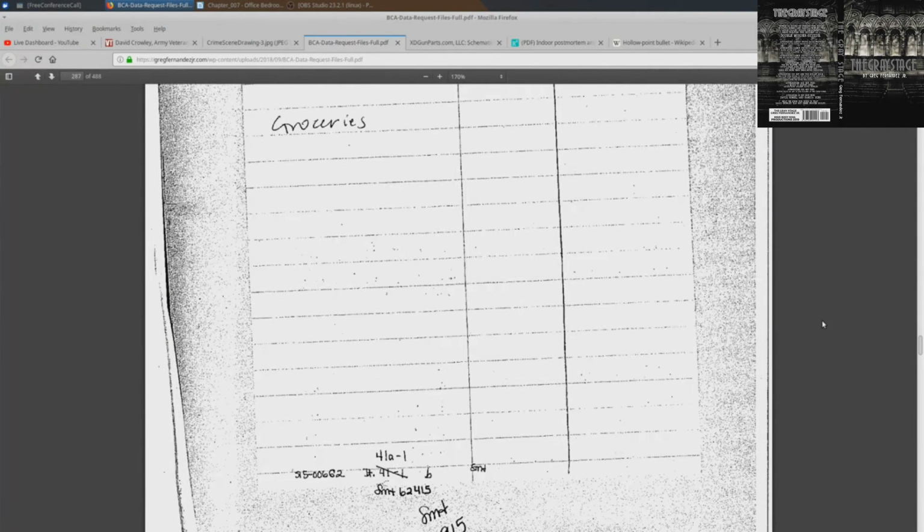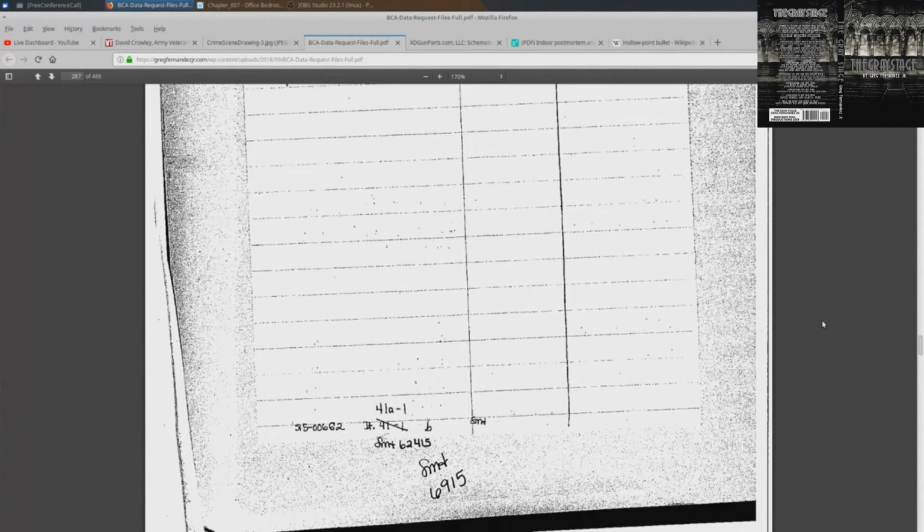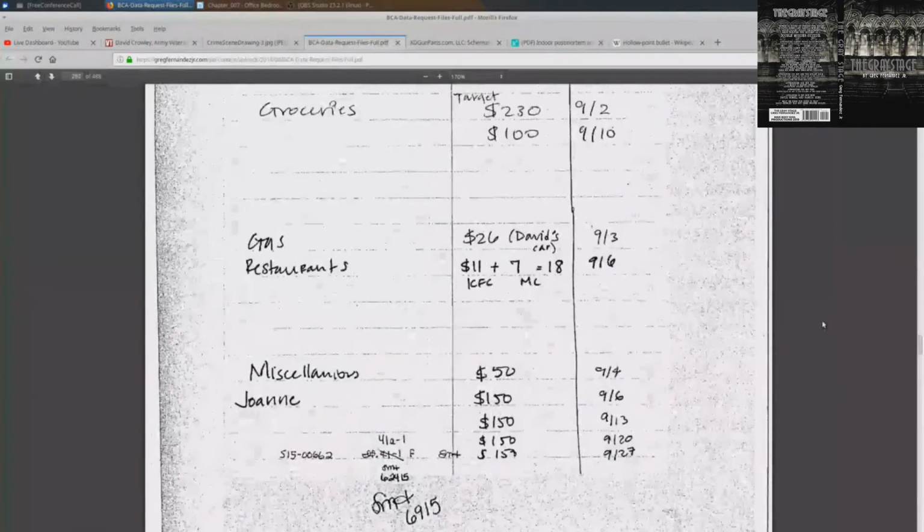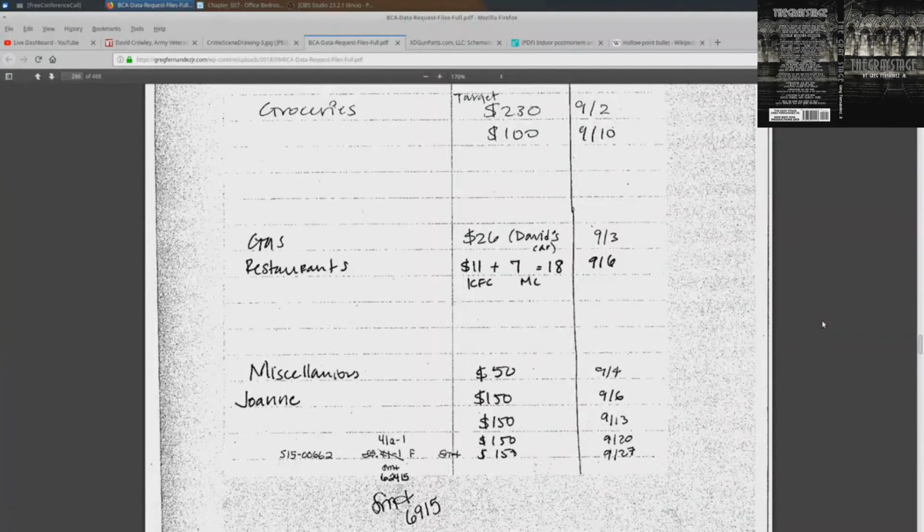So that's also 41A-1, and you see this B down here. That means that this is the back side. So I'm going to go back up to page 286, and on 286 you can see 41A-1 F, and you see that F because that shows that this is the front.